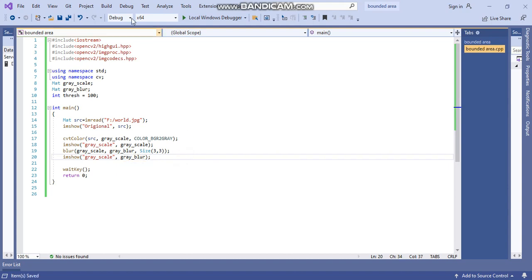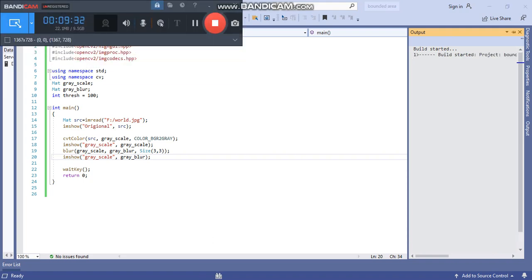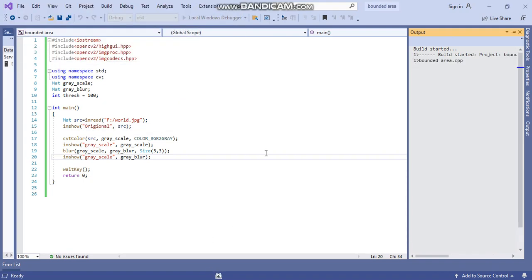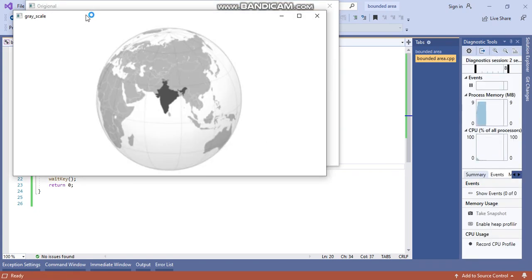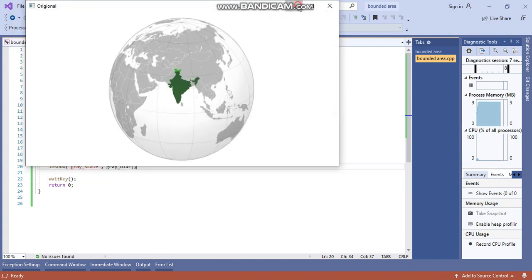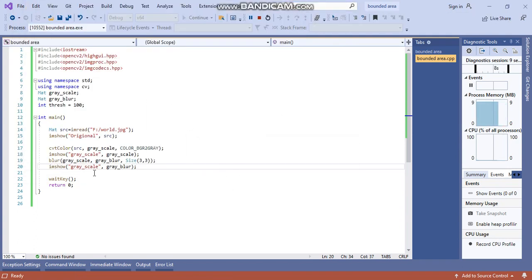Control S. Now run this program, so you can see this is the grayscale image, right? Grayscale, this is original, okay, and the blur we have shown as gray_blur. Here you write the blurred image, the blurred one, okay. Save this.